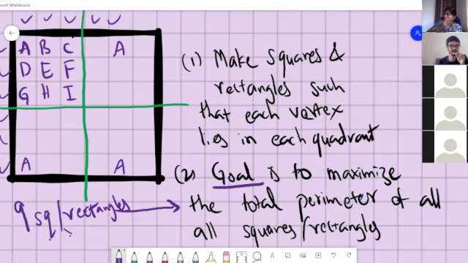Each small square should be a vertex of one of the squares or rectangles. Okay, now I understand. It can be part of multiple shapes, but it can be a vertex for only one shape.